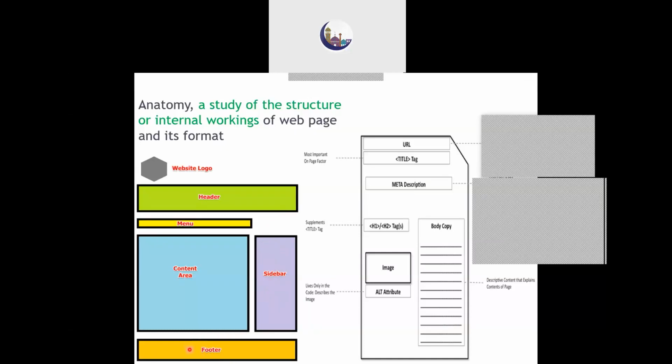Then the last element in the web page is the footer. This footer details the company's address, its social media links, as well as who has built this website. It will be given out like a copyright symbol with who has built it, so that no one else can copy it if it is copyrighted. So these basic things are the displayed matter on the web page.